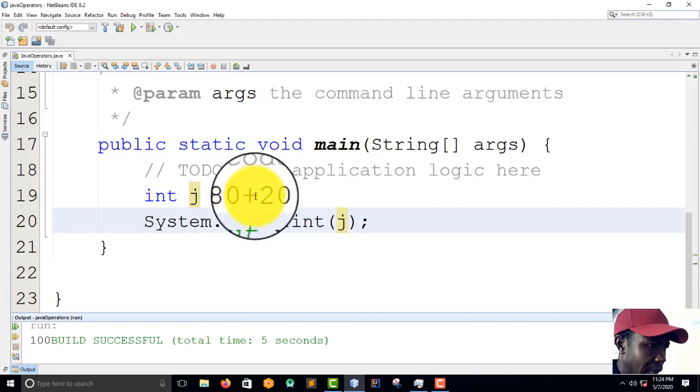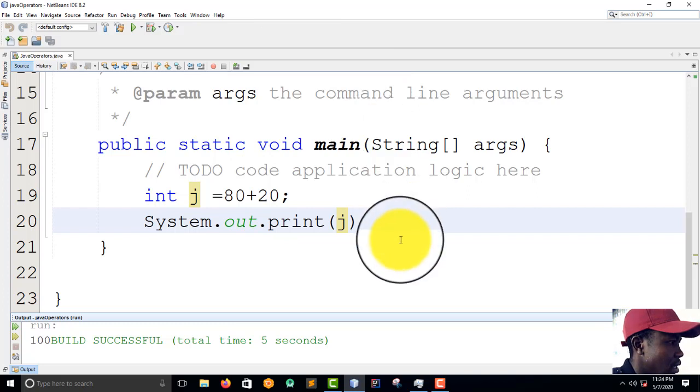Although the plus operator is often used to add together two values, like in the example that we have done here, it's also used to add together a variable and a value, or it can also be used to add a variable and another variable.